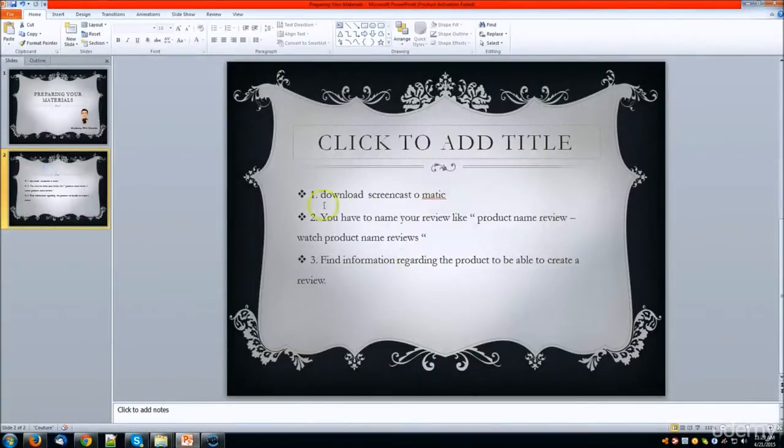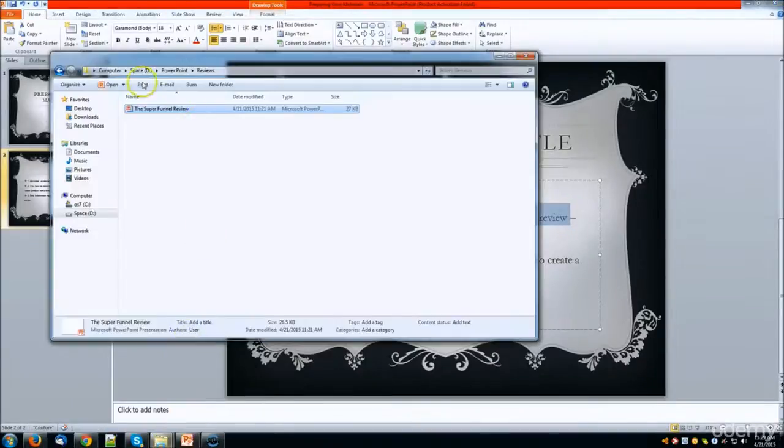Because I told you the name you have to use always is the following: product name review, minus watch product name reviews. So in this case, if the product name is the super funnel, as review we have already included, we have to include minus watch the super funnel reviews. That's the way you have to name your files, always and always. Now, if I have right now 10,000 students in this course, and out of 10,000 students 100 of them will take action,